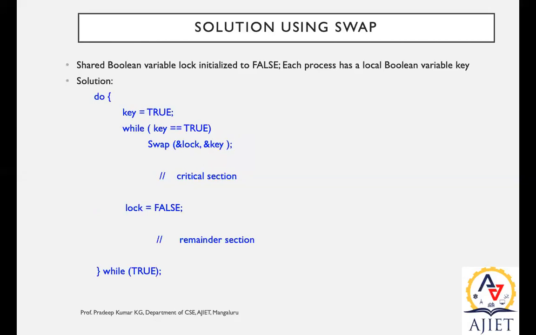So how can we give a solution? Now key equal to true means that one particular process can enter and has obtained the lock, so that process can utilize the critical section for its execution. When this execution is over, the lock will be released, and automatically the next swap with the second process will come into the picture. The second process will make use of this lock and continue its execution in the critical section. Once it is done, the lock will be released, then again swap with the next process, and so on. So this is the solution using swap.